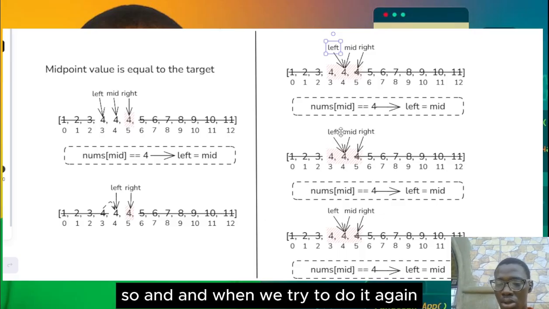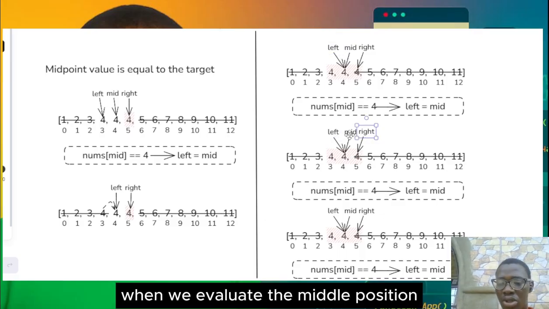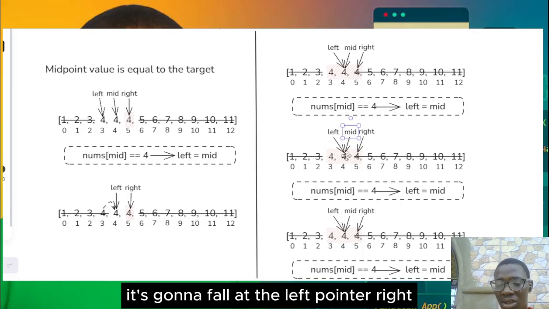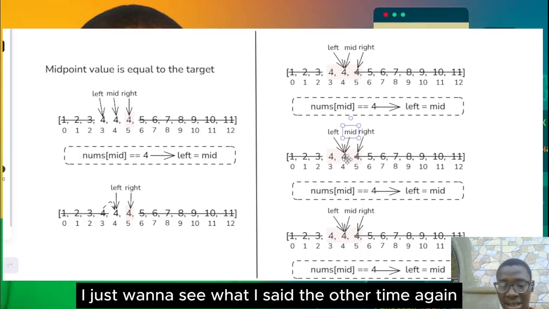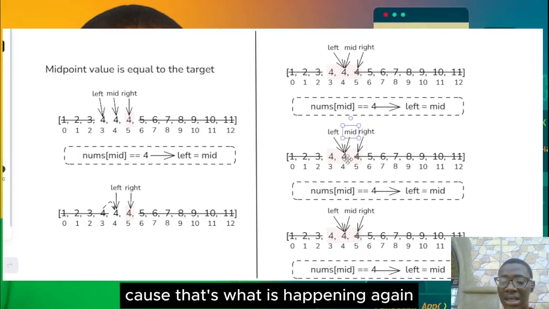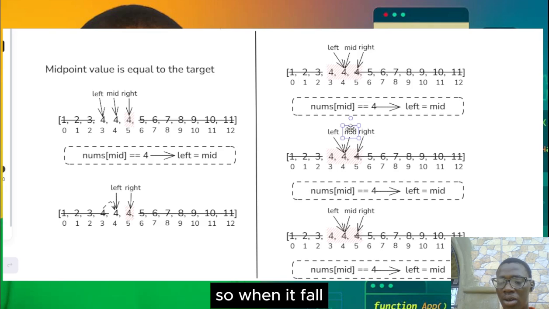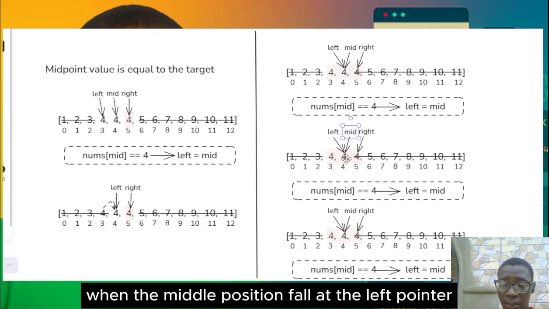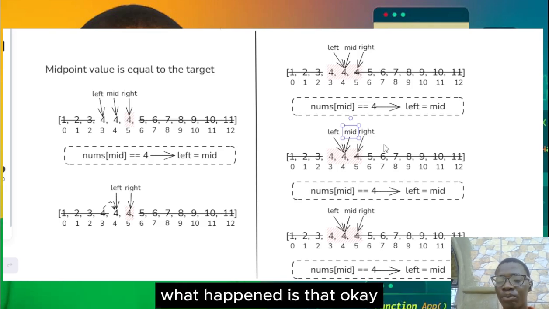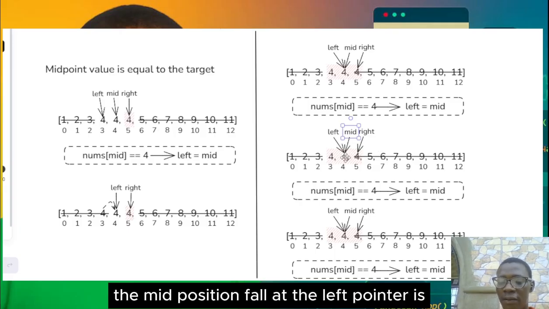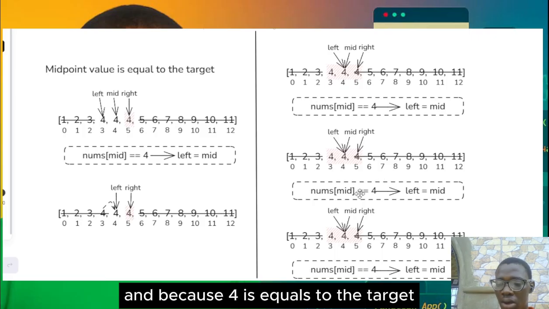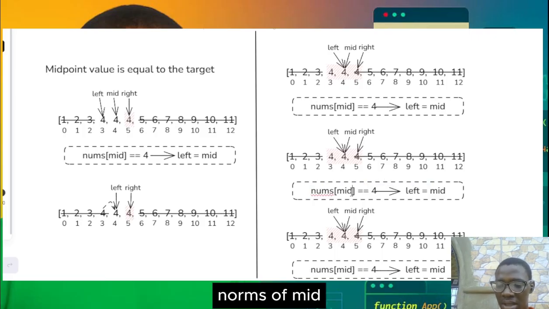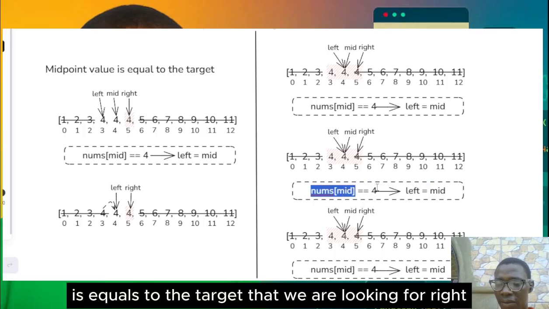And when we evaluate the middle position again, it's going to fall at the left pointer, which is this particular element 4, and because 4 equals the target we are looking for,